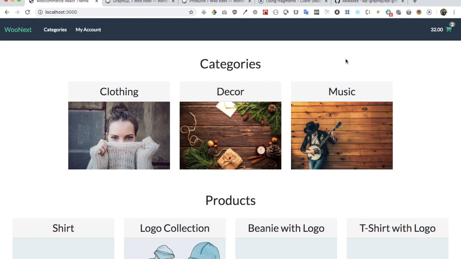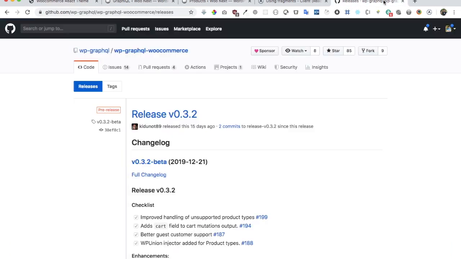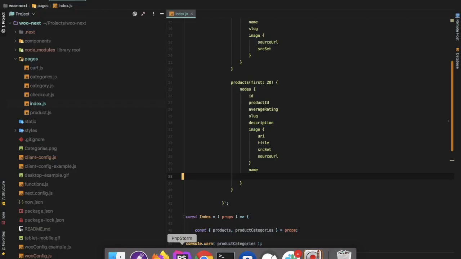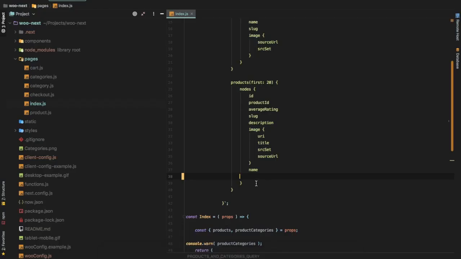However, today what we're going to talk about is we're going to add the support for the latest release of WP-GRAPHQL-WOOCOMMERCE. So the latest release currently is 0.3.2. And if you must have used this new version, you must have observed you get some errors. So for example, when we're trying to access